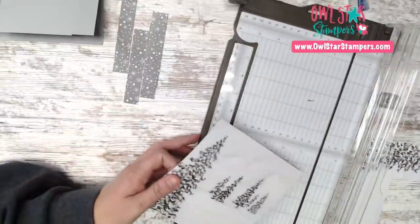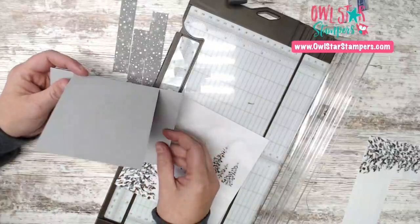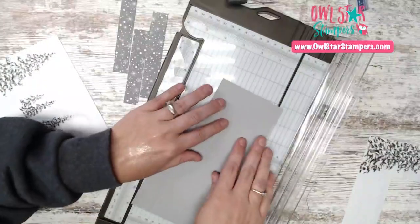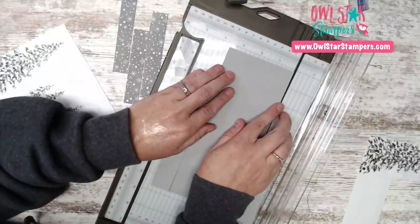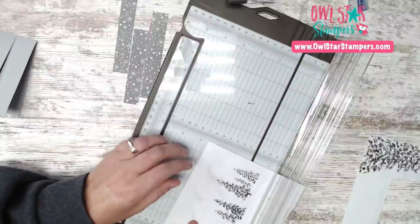Okay. So I'm going to cut this panel right here for the front. And it needs to be 4 inches by, I had to double check, 3 1/4. 4 inches by 3 1/4. So